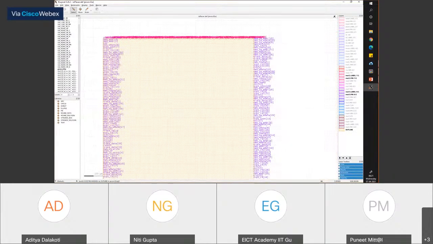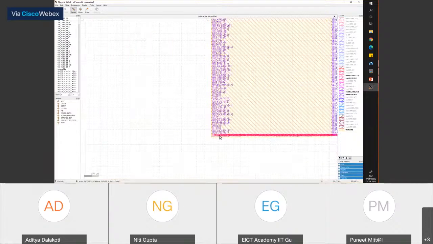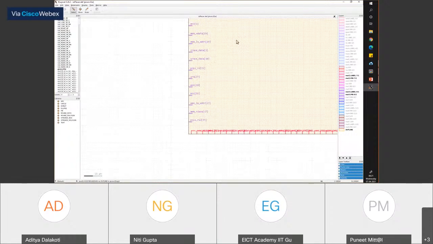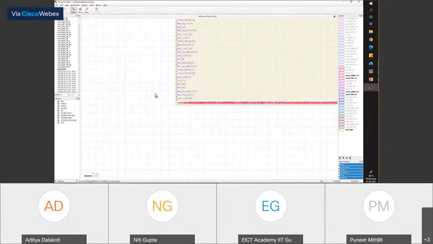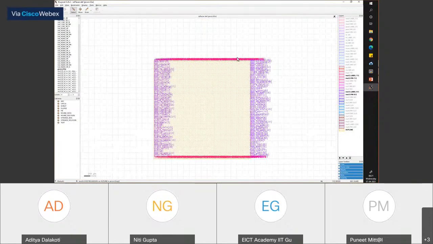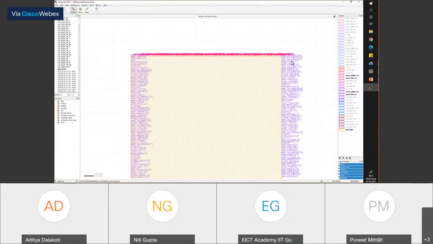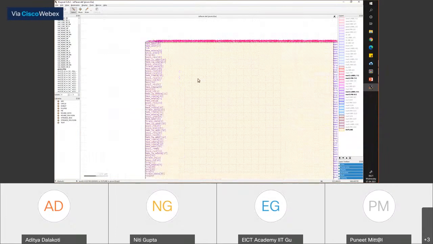Please try this at your end and see if you're able to get such an output. I'll wait for 5 minutes for people to catch up to this.